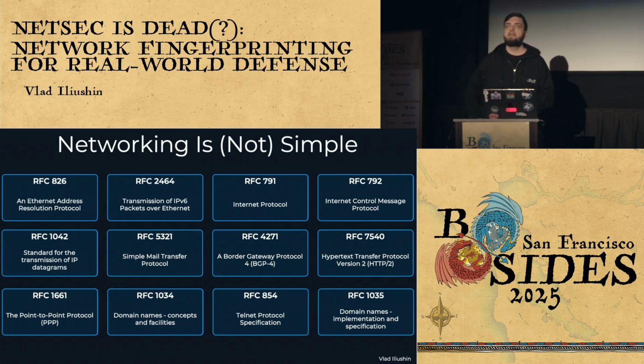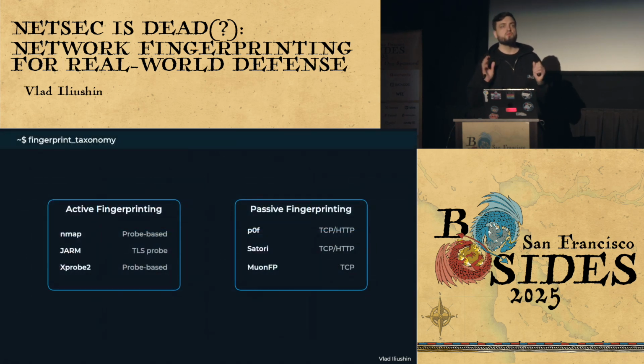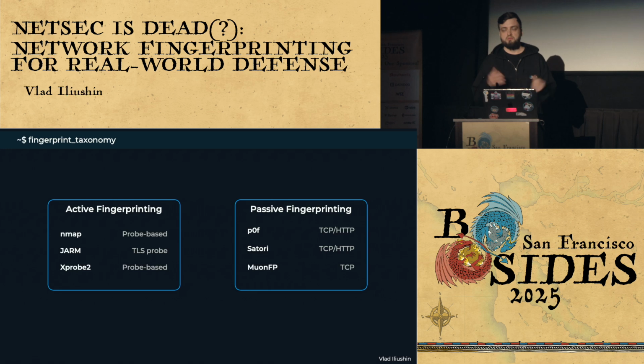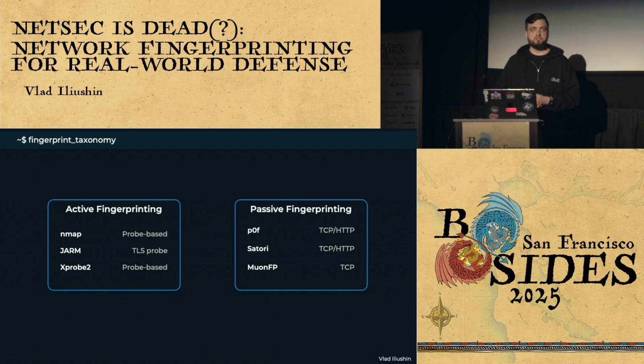And with that said, wouldn't it be nice if there was a way where you can actually create characteristics of connections and clients and servers without going to Wireshark or dumping a pcap every time? Which brings me to fingerprinting, which is just that. It is a characteristic either of some specific connection or server or a client, or just the pipe between point A and point B.